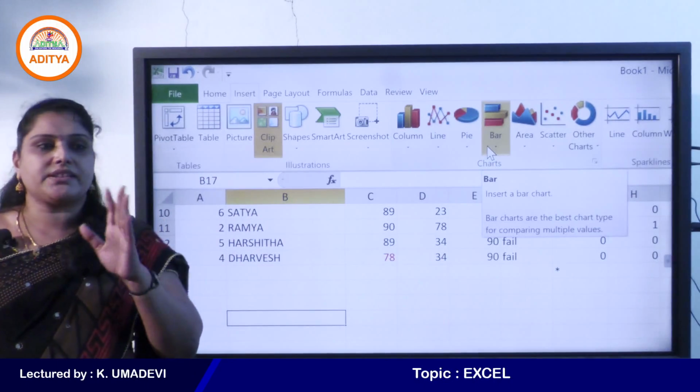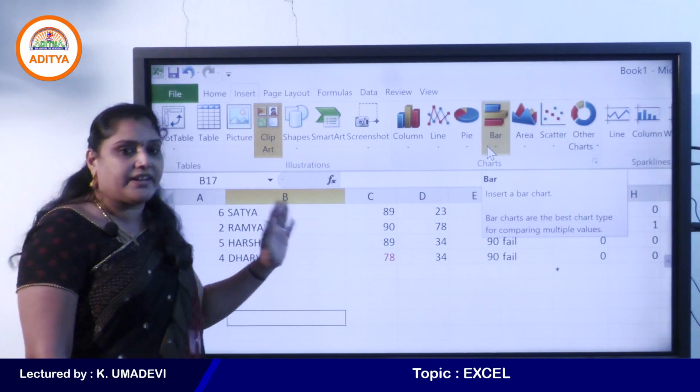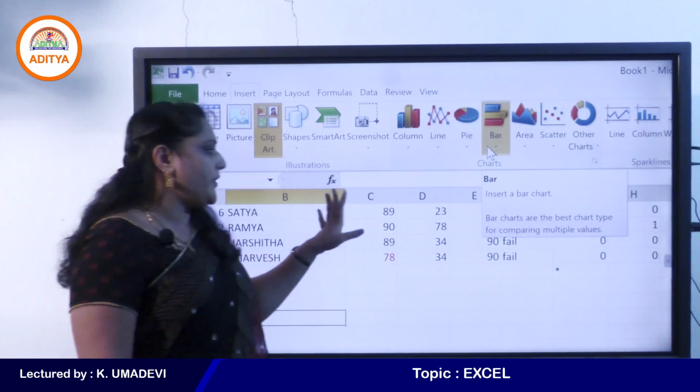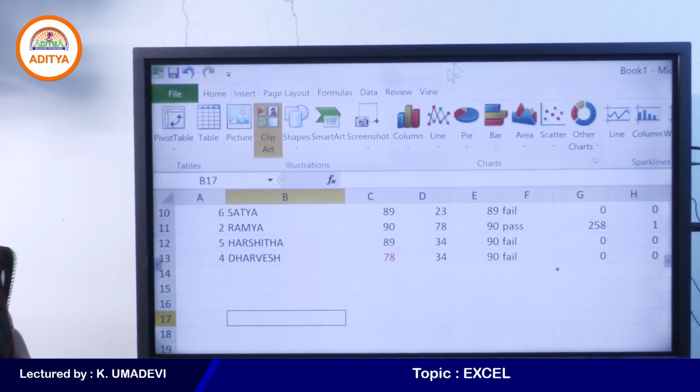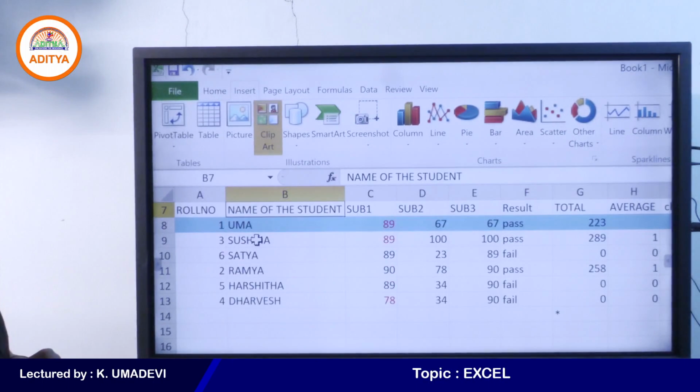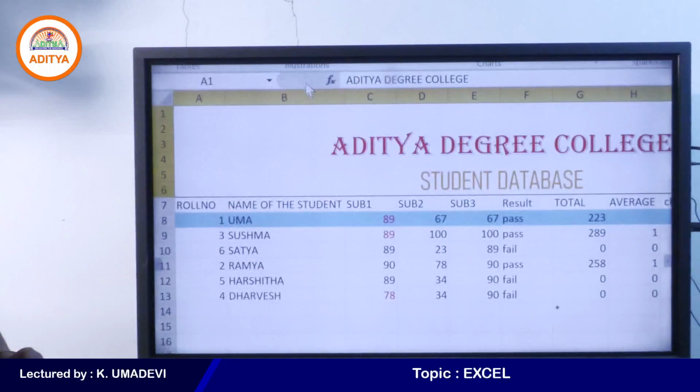Simply if you want to insert the chart, you can select your data on your sheet. Okay, for example here, now I want to insert the chart for the student names.